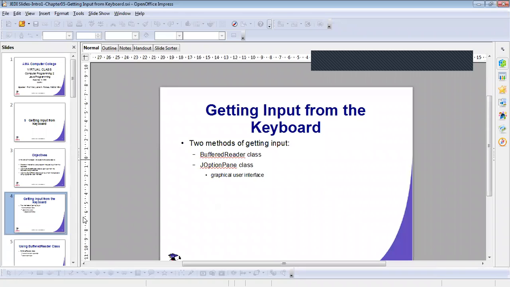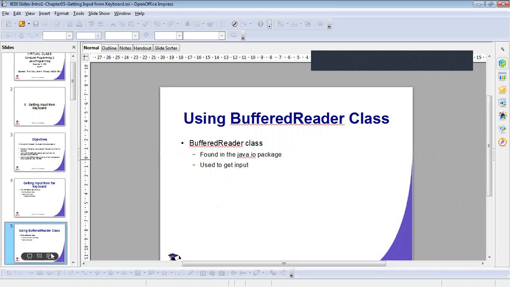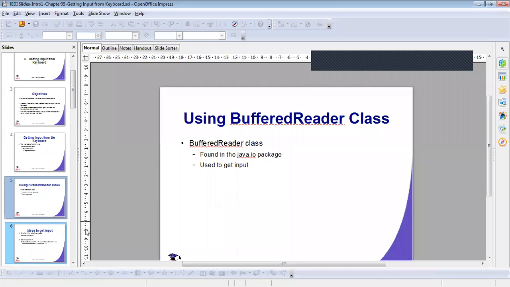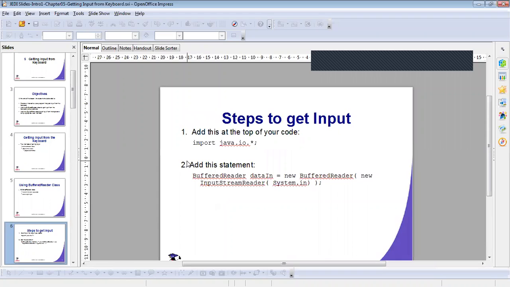So we have two ways of getting input, using BufferedReader and JOptionPane. Using BufferedReader to get input, add this at the top of your code: import java.io.*; with a semicolon to terminate.